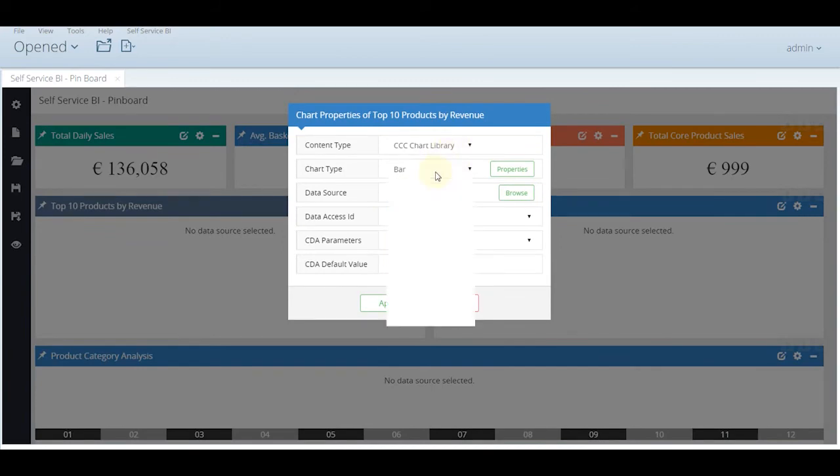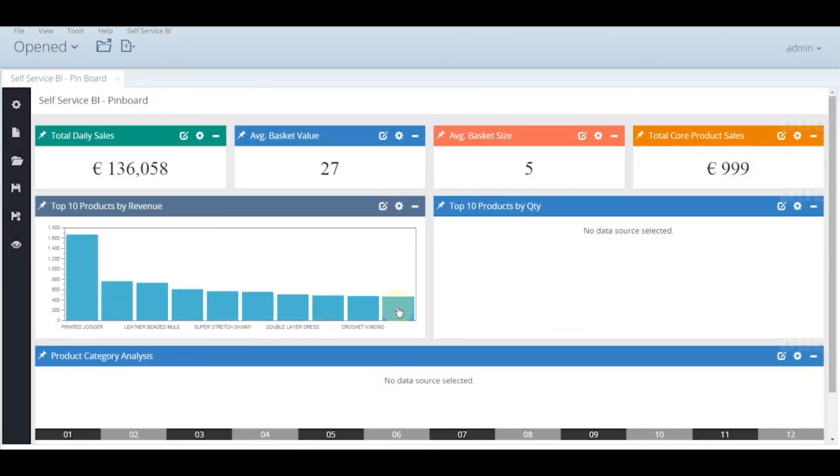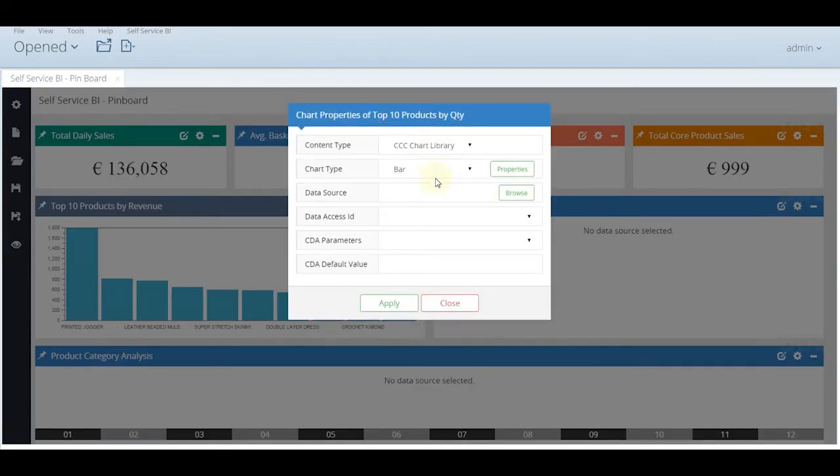Now you select some CCC chart value. Usually we have the bar option. Select top 10 products by price. And in a similar fashion, select by quantity.